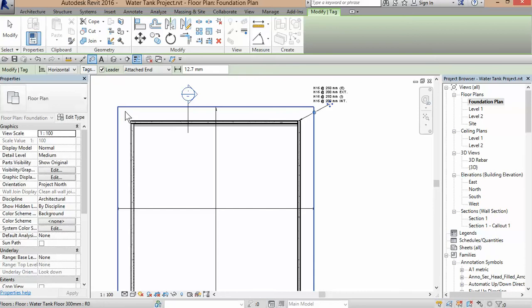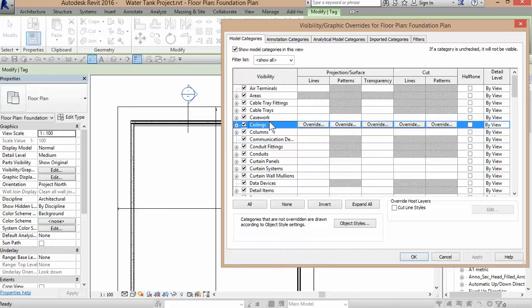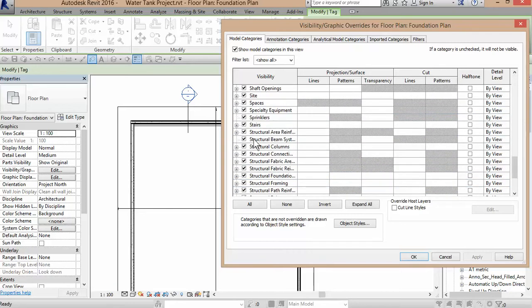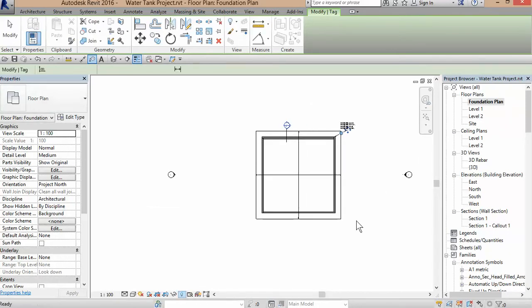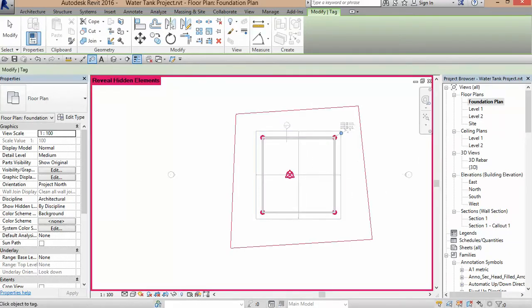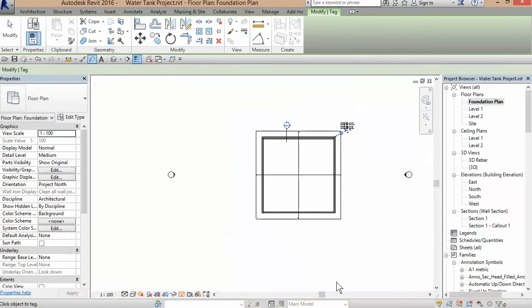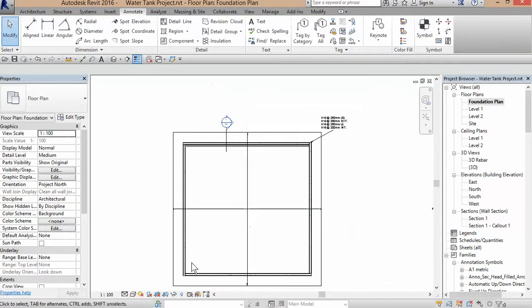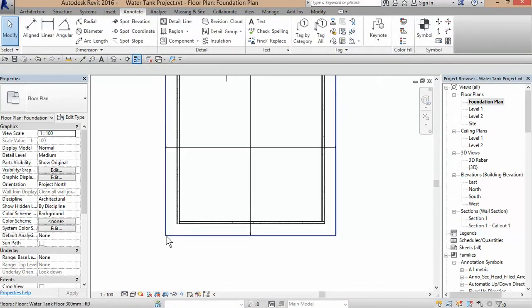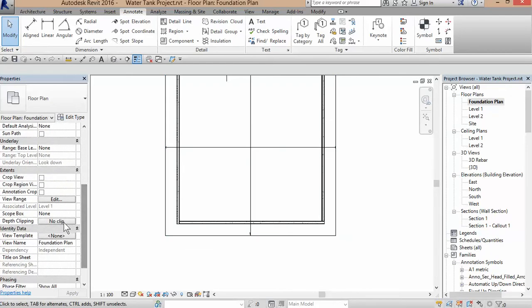and then let's go to visibility graphics. It's probably hidden, so it should be seen here. It's not hidden. Right, I just realized why I'm not seeing the rebar on the floor. My view range has to drop past,